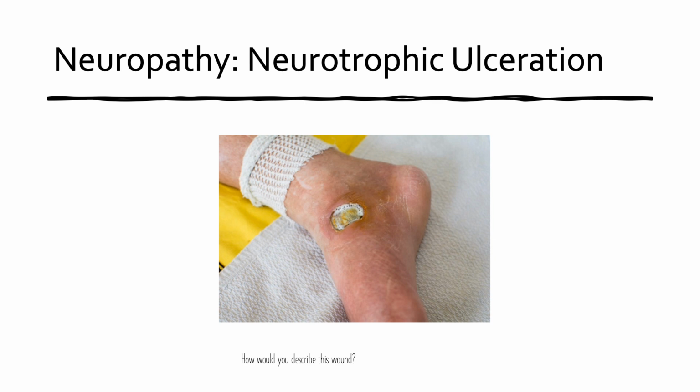So a little review for wound care here. How would you describe this wound? I would say it's an open wound. It's healing by granulation. So remember, first intention was a cut that was sewn up again and heals that way. Second intention was a cut that was open, and because it became infected, it dehisced. It opened up because it was infected. Now it's healing through second intention and granulating. Well, this is a chronic wound.